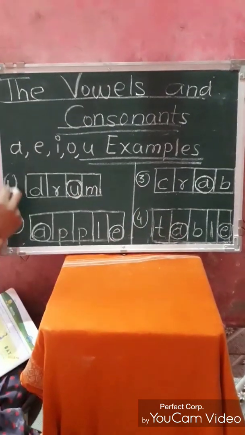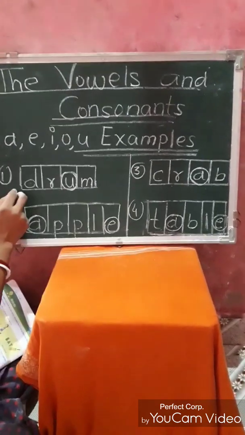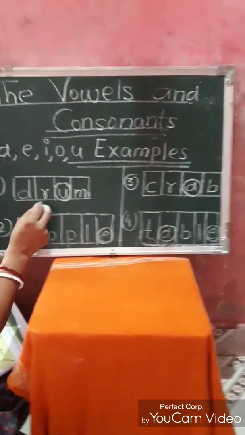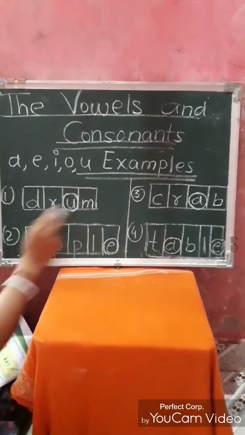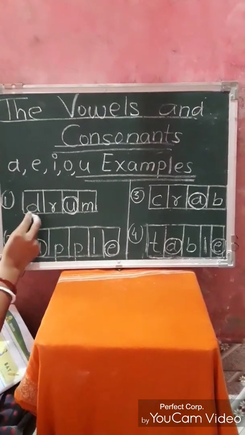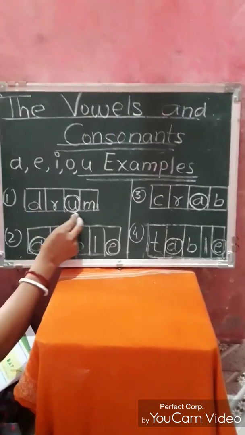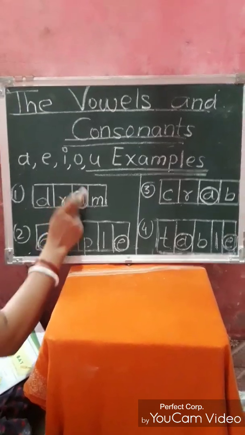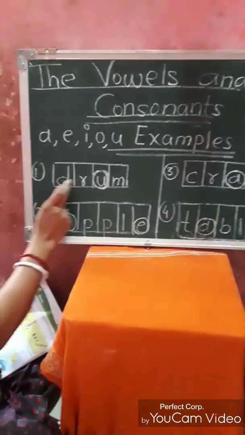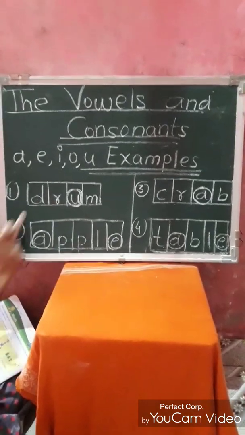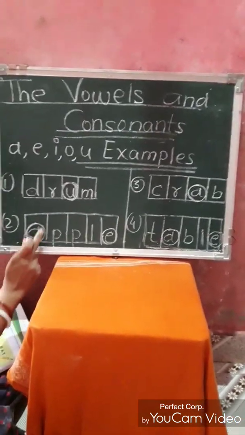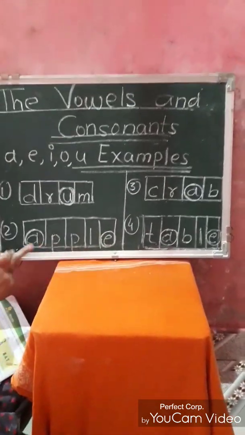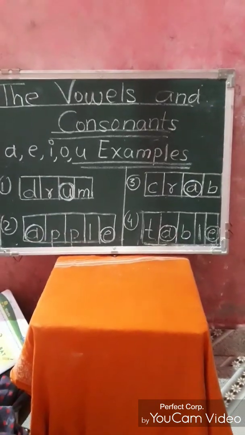Okay, now look. First we see the spelling of drum, and we try to find out the vowel letters out of the spelling of drum. Here the spelling of drum is D-R-U-M. Out of the spelling of drum, U is the vowel. So we circle it, and the rest, D-R-M, these are consonants. We move to our second example. Here the spelling of apple is written, and the letters are A-P-P-L-E. Okay, out of the spelling of apple, A is